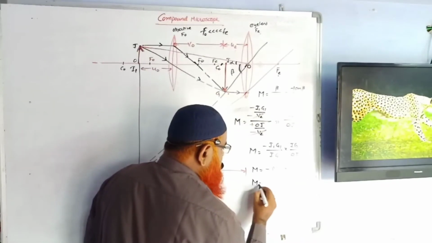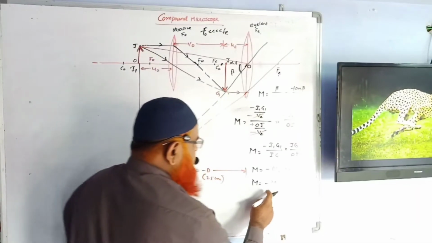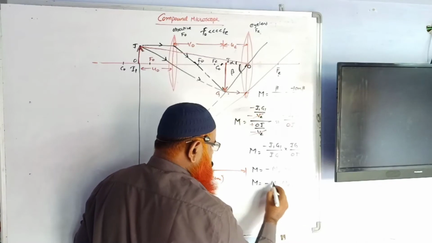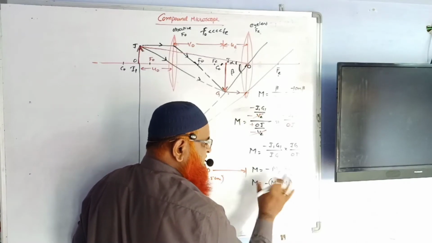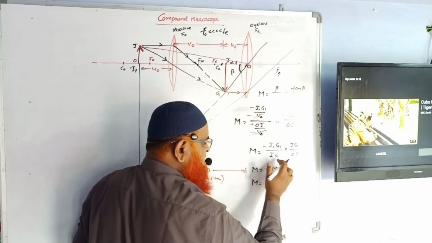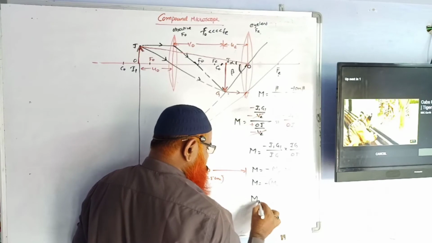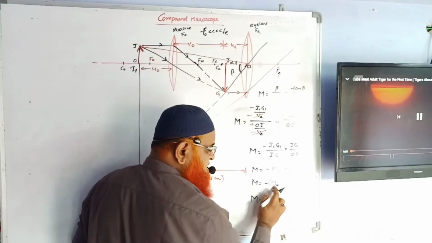So I will write in order. First I will write M0, because light starts from the object. Then it reaches the I lens, so after M0 I write ME. This is the splitting of magnifications. To split into two different magnifications, you just create one, divide with IG and multiply, and so on.